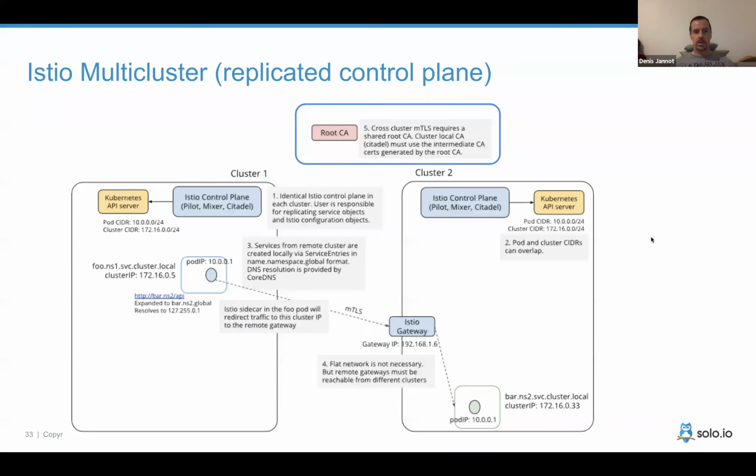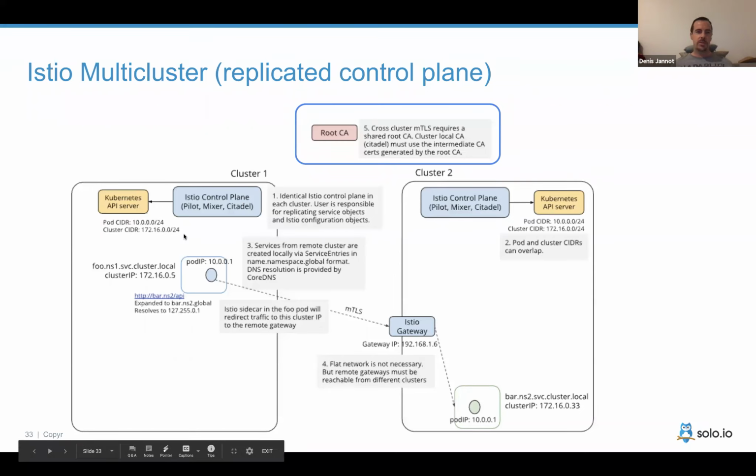And that means that this pod running on one cluster has an identity that will be unique across all the clusters, as long as you have a different service account for the different pods. The next challenge is when these pods want to communicate with this pod here and you want to have mutual TLS. Now they have their unique identity, but they are not able to validate that identity